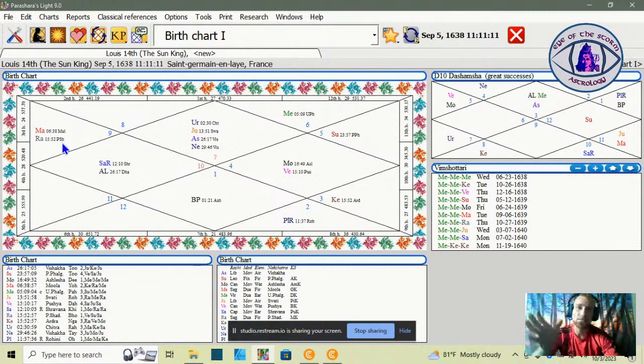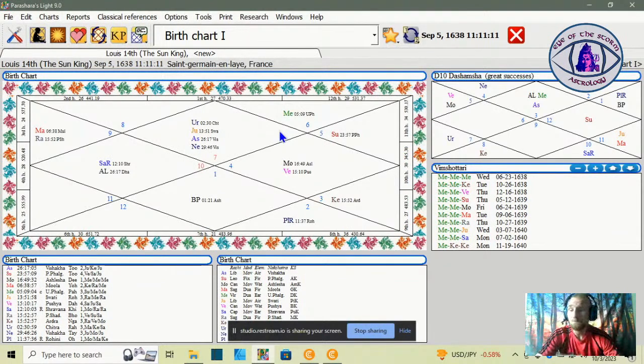And again, we could get into the D10 chart. We could study different historical dates throughout his chart, his date of death, etc. There's so much to see here that of all the charts I've studied, this is probably one of the most fascinating charts I've studied, especially from the historical lens, and probably one of the best placed charts I've ever seen. This is a very, very strong chart.